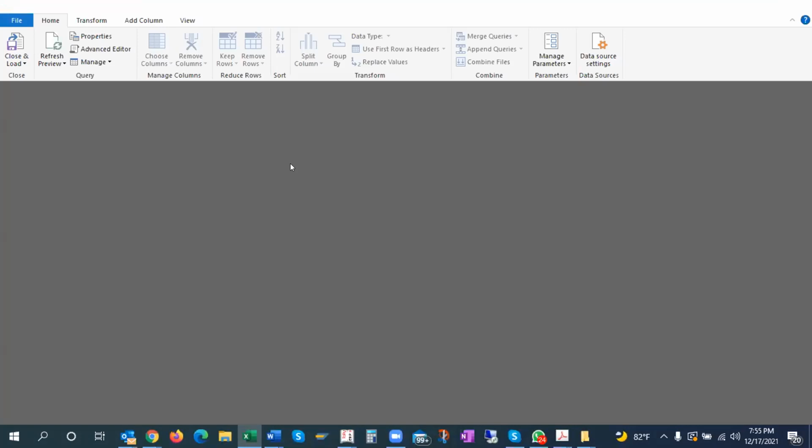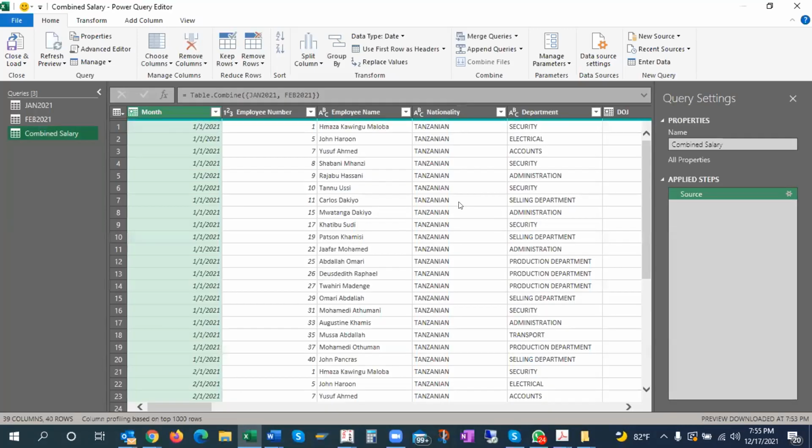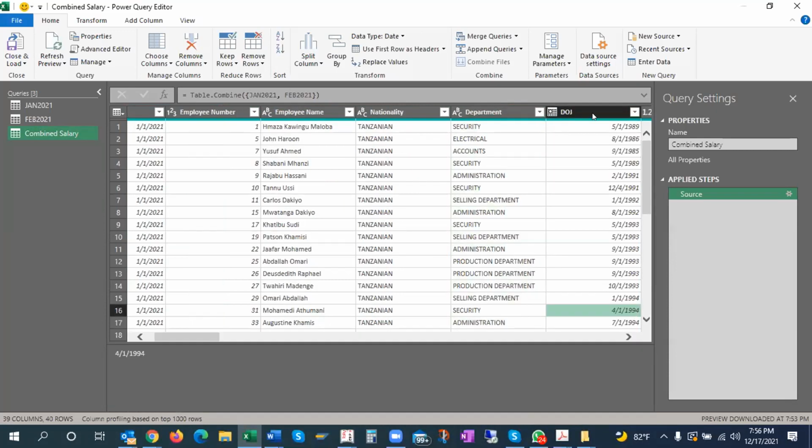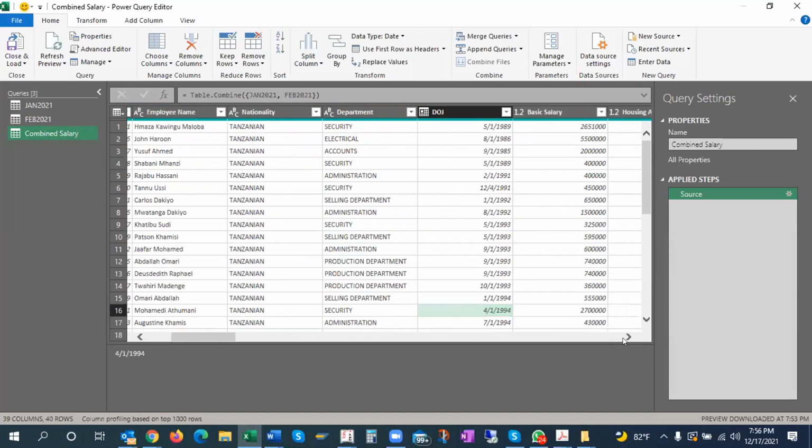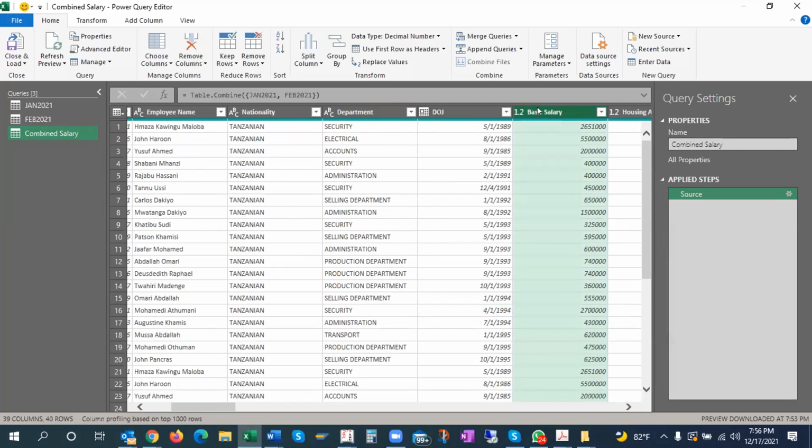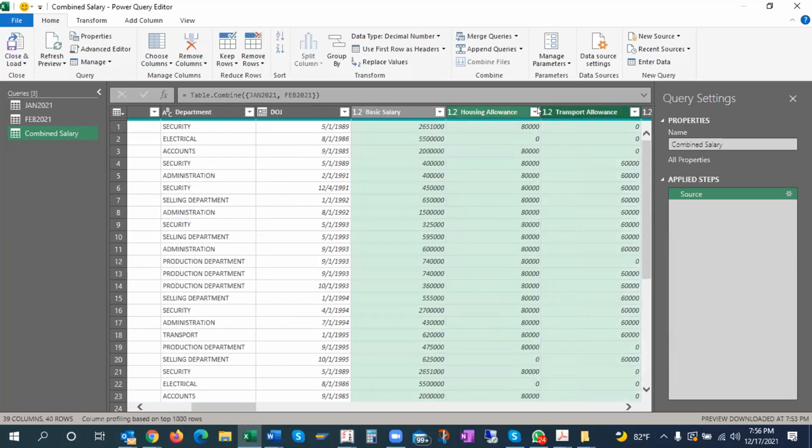So what I'll do, I'll go again to the Power Query editor. I want these columns 1, 2, 3, 4, 5, and 6. I don't want to change the columns up to 6. After that, whatever figures are there, I want to transpose that so that I can compare the data.